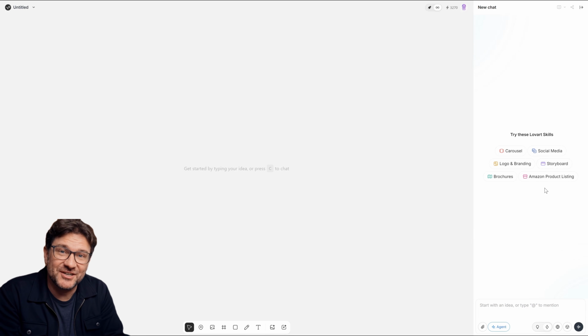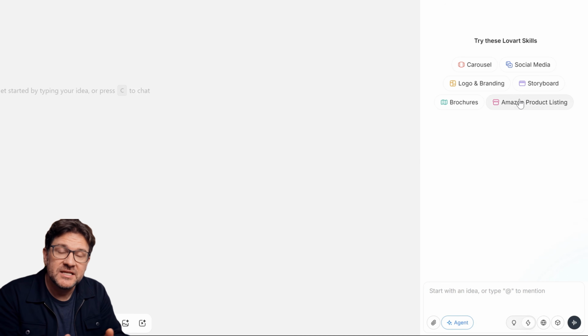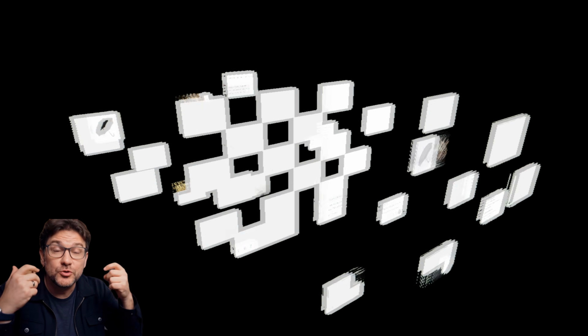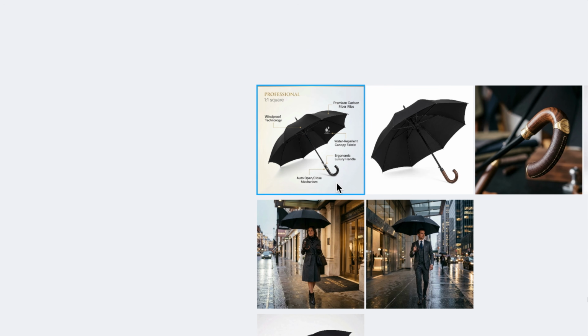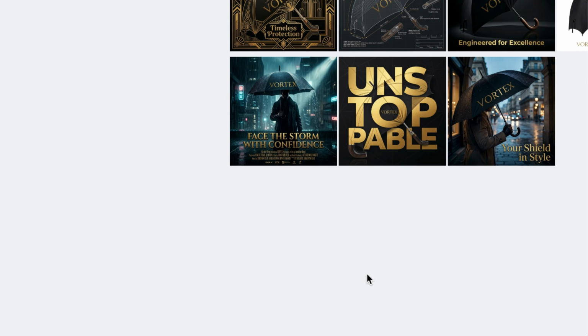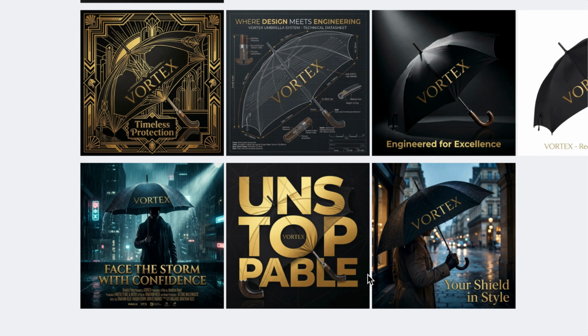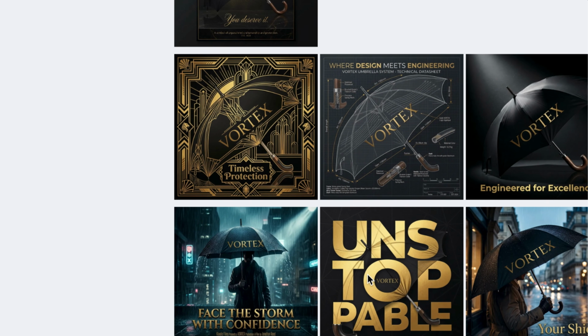I started with the Amazon skill. Instead of guessing prompts, skills give you a professional creative baseline tuned for specific use cases. The Amazon listing skill handles clean angles, consistent lighting, proper framing. I dropped in the Vortex concept, pushed the windproof, storm-ready positioning, and had a full set of primary listing images